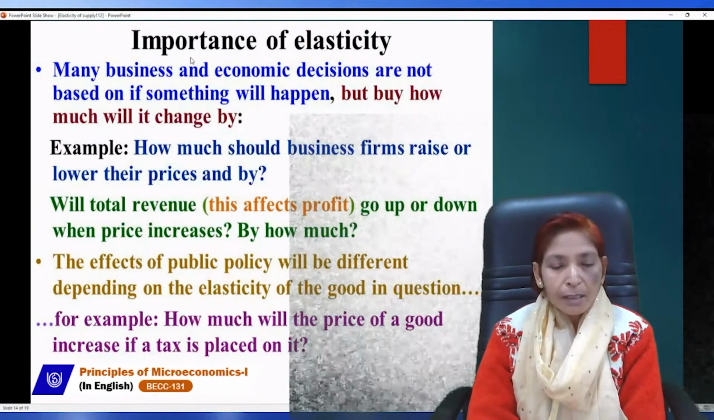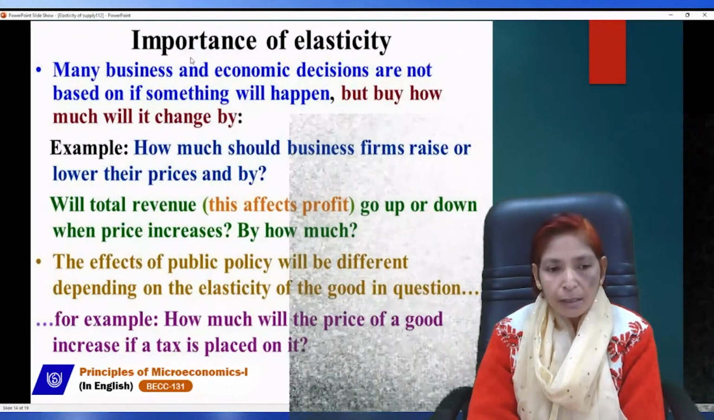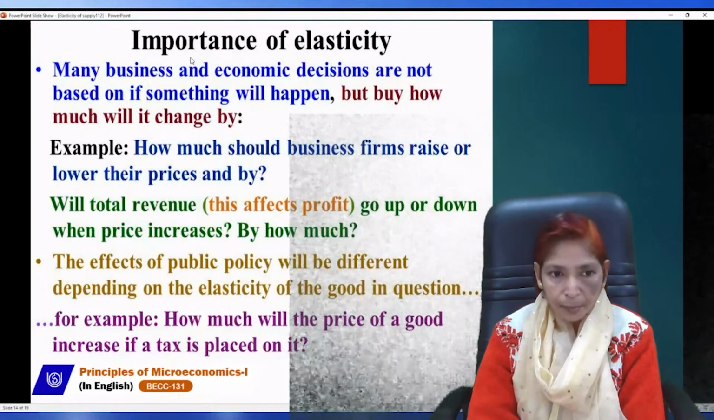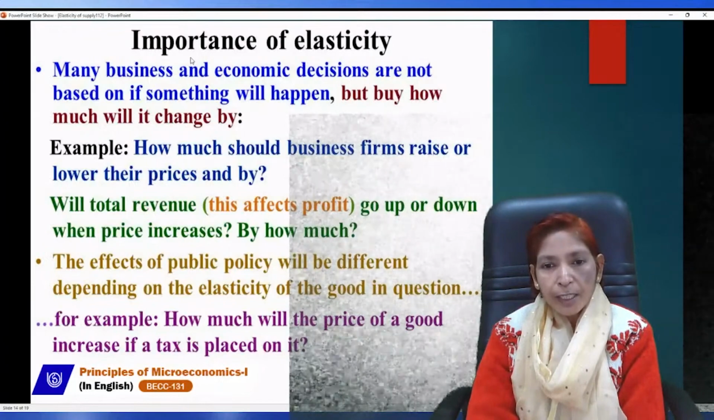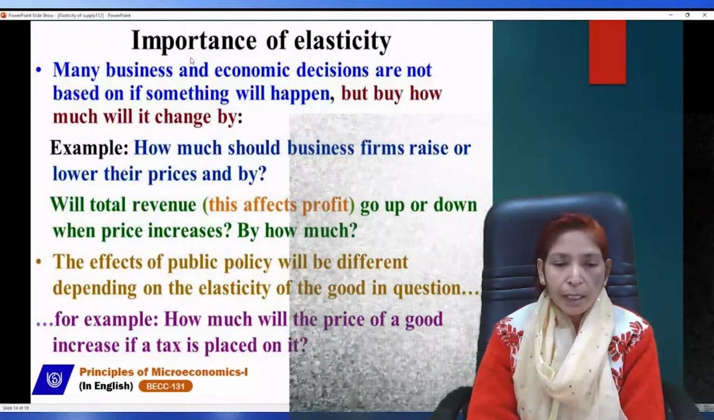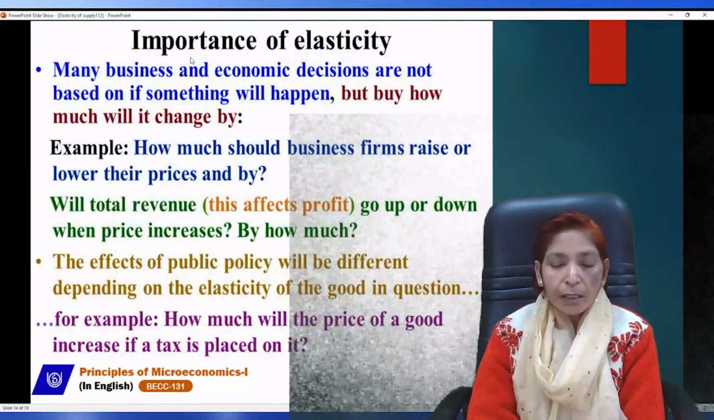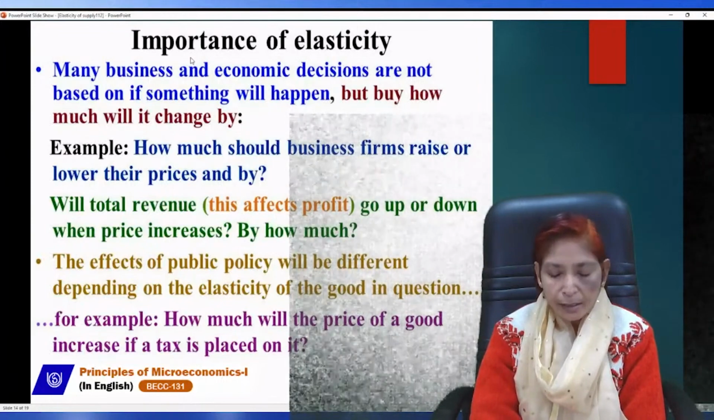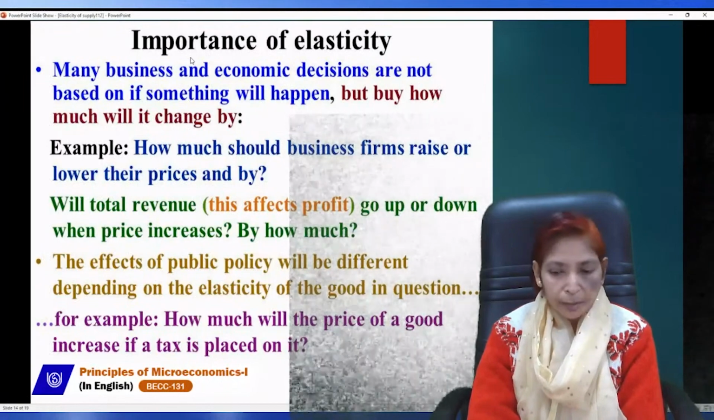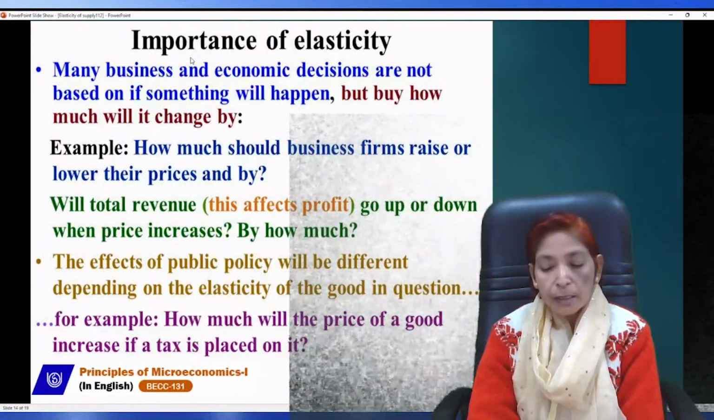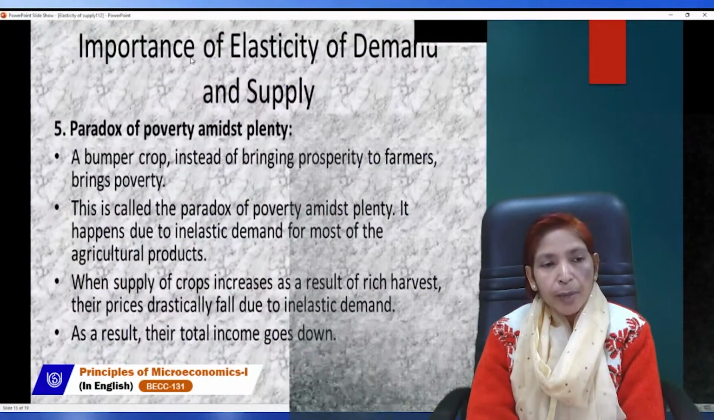Elasticity shows how much the price of a good will increase if a tax is placed on it, how much total revenue will increase, and whether profit goes up or down when price increases. All these things depend upon the concepts of elasticity of demand and elasticity of supply. So elasticity of demand and supply is a very important concept, and its importance is also clear from this point: the paradox of